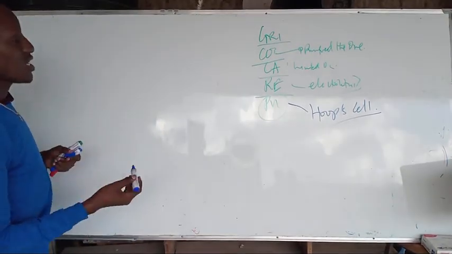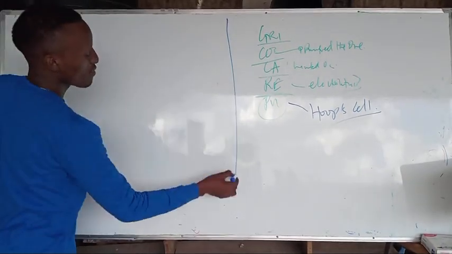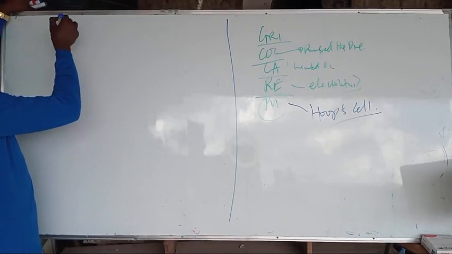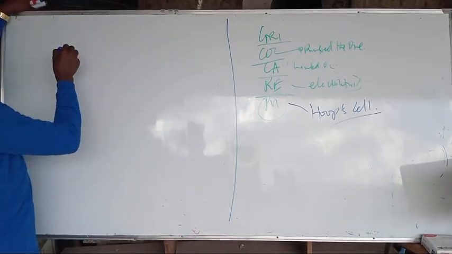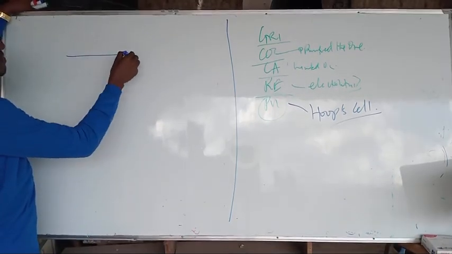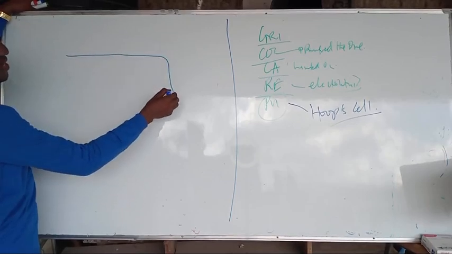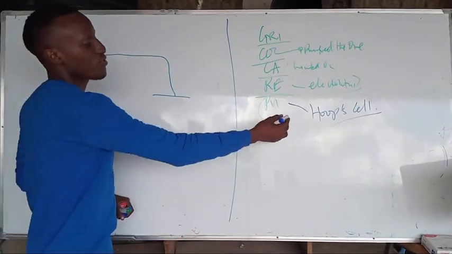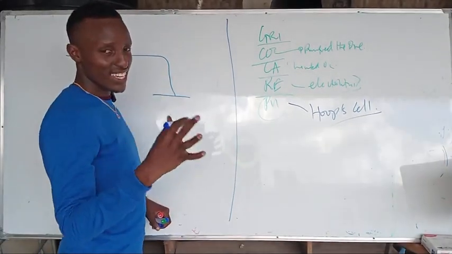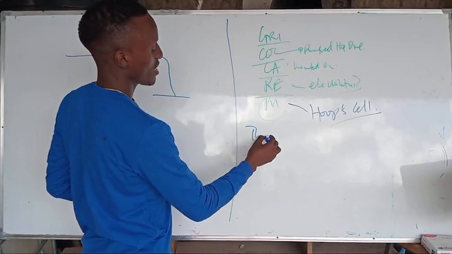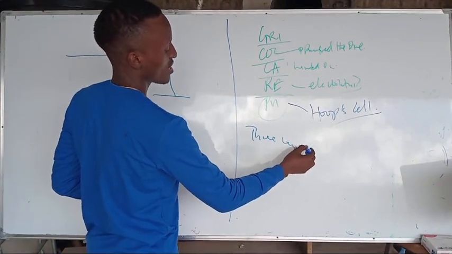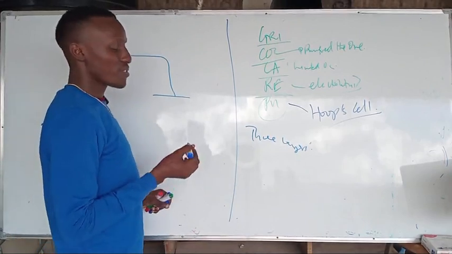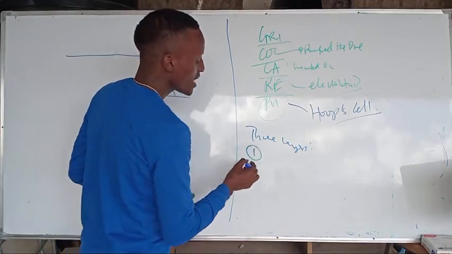Okay, speaking on the Hoope's cell for purification now. Hoope's cell is in this form. First thing you need to know about the Hoope's cell for purification is that it has 3 layers. So you may not claim about how to draw it. 3 layers. The first thing is about the pure